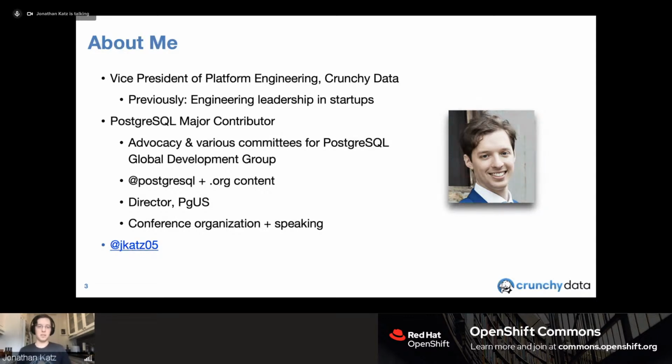Before I joined Crunchy Data, I was involved in a few different startups in New York City. Of course, we used Postgres as the solution there, but my background is actually in application development, and I think some of the things we'll talk about today will reflect that. For me, it was a journey from application developer to understanding more of the systems administration side, bringing that background of always being the accidental systems administrator in the various organizations I worked for. Beyond that, I just love the open source ecosystem in general. I've been very fortunate in my career to use exclusively open source, so it's great to give back in a variety of ways.